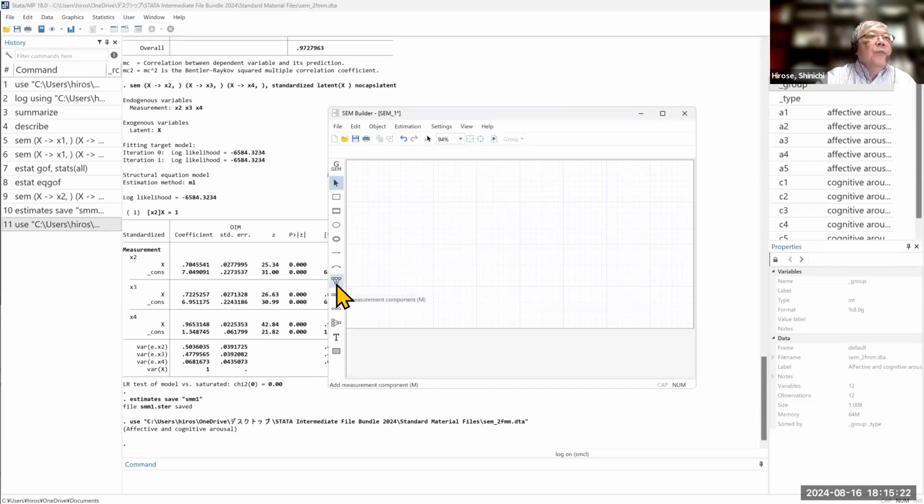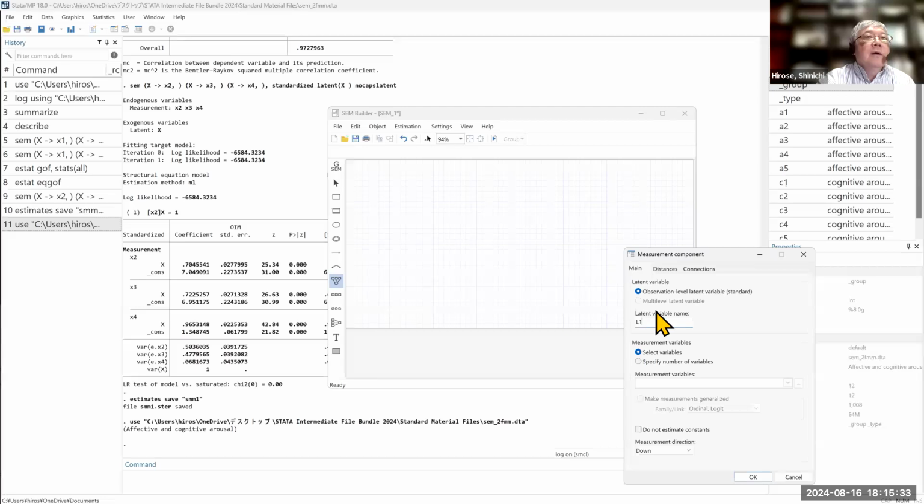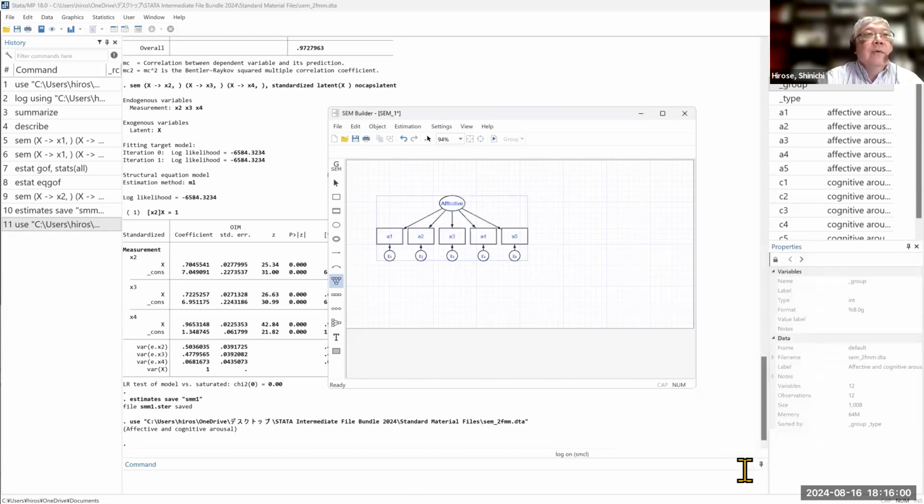two measurement components. I will go to measurement component, and around here, I will create affective latent variable, and for the affective latent variable, I will place A1 to A5 and downside. Okay, so like this,